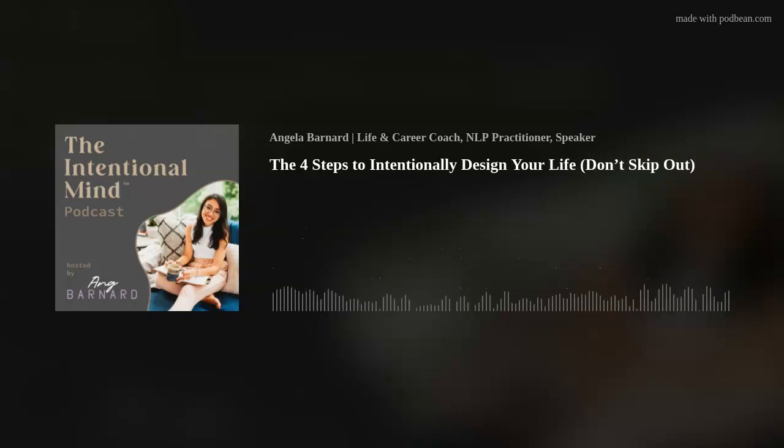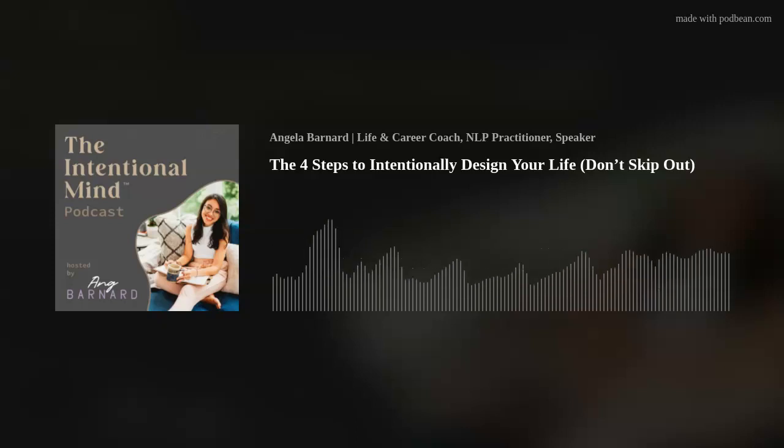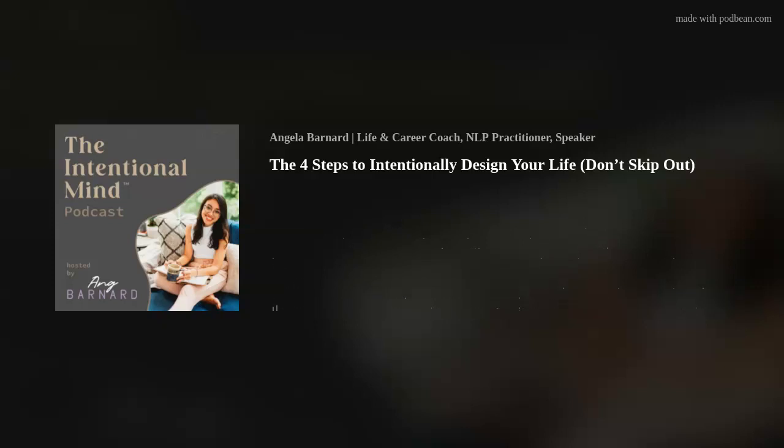Can you see, though, as I'm talking about this stuff, why some people aren't designing the lives they want, because there's a process to it? And a lot of us quit at the first steps. Like some of us clarify our vision. We're like, yeah, I got my vision board for the year. I'm going to kill it. But you don't do any of the other stuff. And that's not how it works.